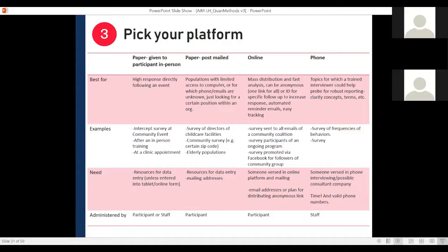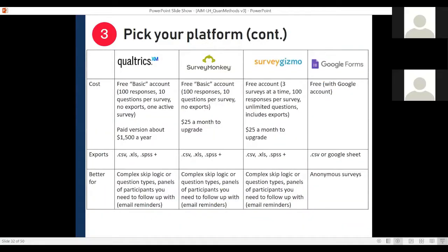Okay, great. So I figured a lot of you would. Here I just grabbed some of the most common ones that I come across a lot. Just kind of put some pros, cons, costs. And really all of them offer this free account that you can use. It's really limited though. It usually limits how many surveys you can have going on at one time. It limits how many survey participants you can collect, or how many responses rather.